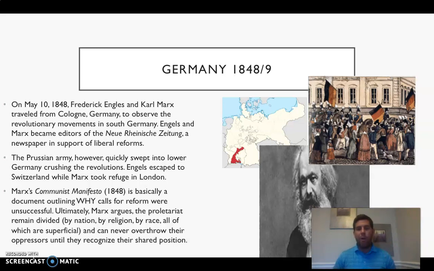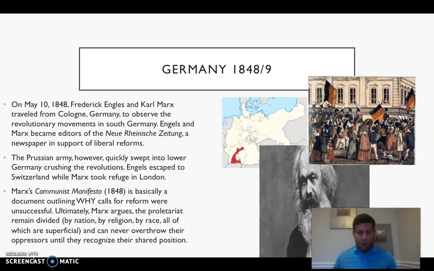They're working class people. But for the most part, all of these revolutions that Marx is witnessing are unsuccessful, at least in their most radical ideologies and their most radical wants. And so Marx asks himself in the Communist Manifesto, why is this? Why did these different revolutions fail? And the answer he comes to is actually a quite simple one. It failed because they were disunited, right?